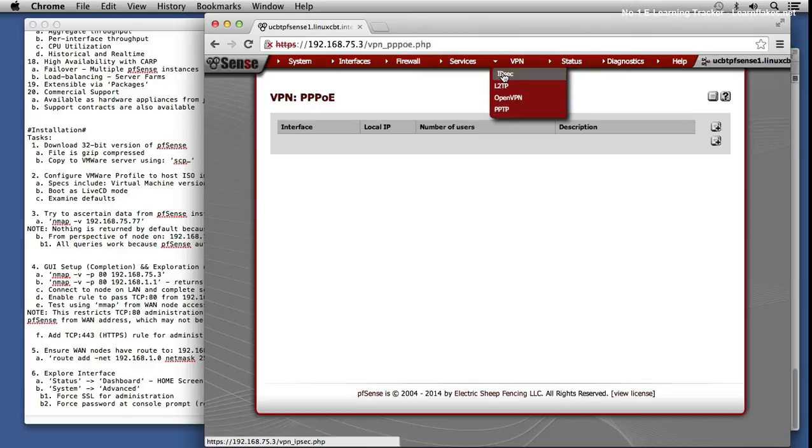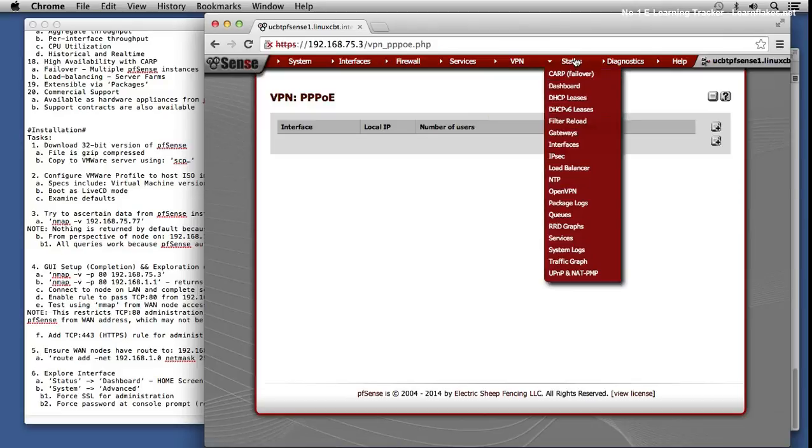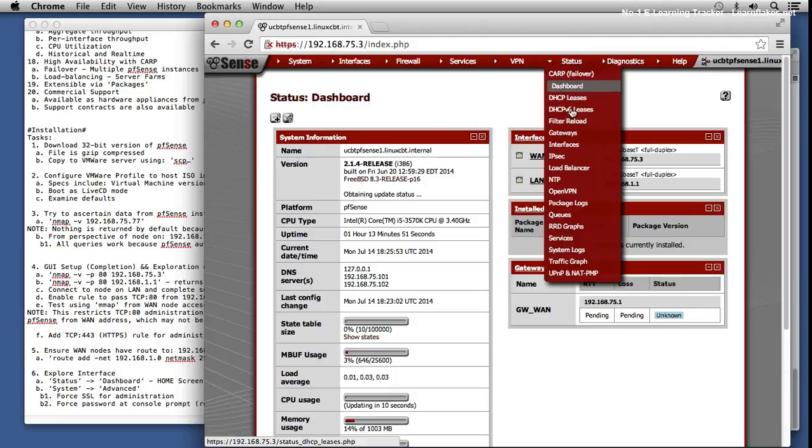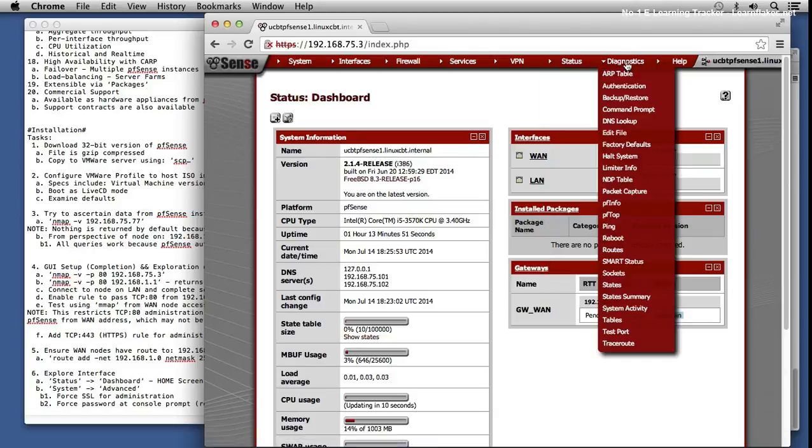VPN, the common protocols we've mentioned: PPTP deprecated, L2TP still in use, IPsec, OpenVPN for SSL, and the status of all the different metrics on your system, which we'll spend a separate section looking at. Of course, the status dashboard is the home page, but you've got status information for everything that the system tracks to get a sense for what's happening. Perhaps most useful would be the system logs area, which tells you almost in real time what the system's doing. And then a helpful diagnostics menu, which allows us, again, through its aggregated nature, to run utilities